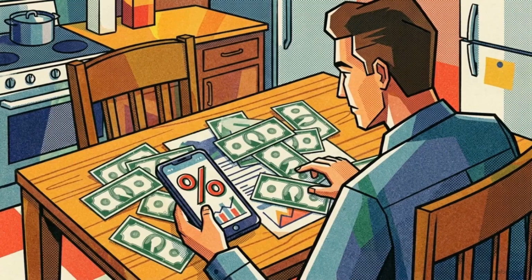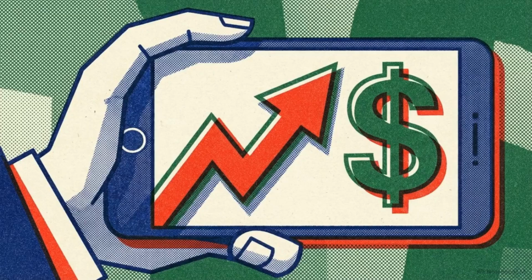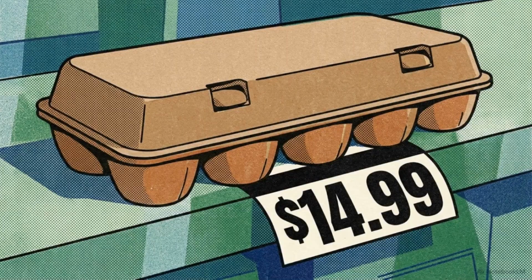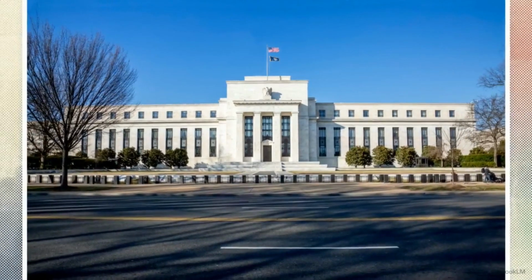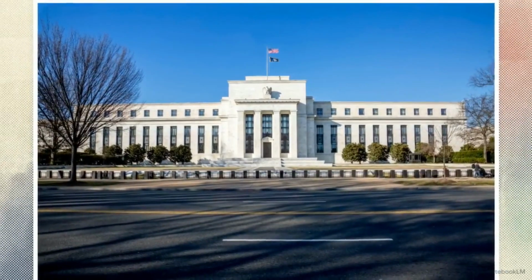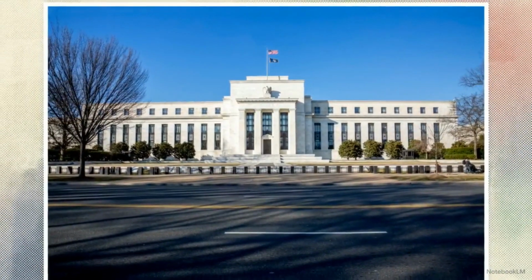These macroeconomic decisions dictate your daily reality. They determine why your credit card minimum payment went up last month and why a carton of eggs costs what it does today. When you see a news report about the central bank changing interest rates, you are watching the architects of the economy actively adjusting the rental price of money to keep society balanced.